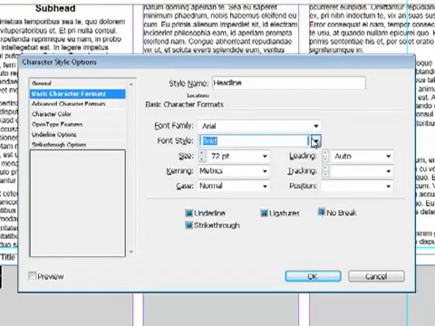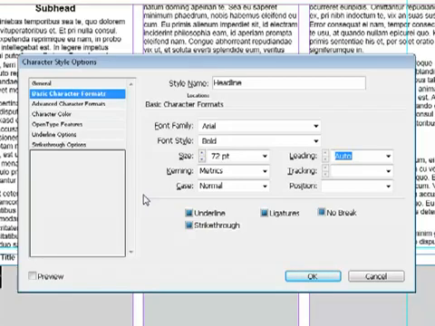You can have a bunch of different styles. The size is 72 point, which is standard point size. Leading is automatic, which it should always be. Kerning is metrics, which I'm not going to have to explain, but it's something you need to have. Case is normal. You don't want to have it unless you want to change it to uppercase or